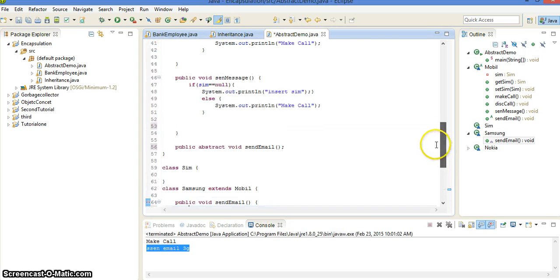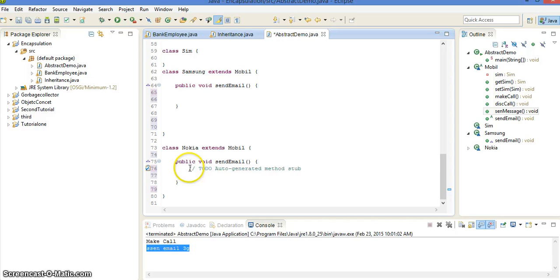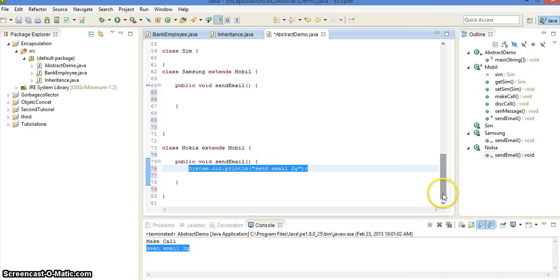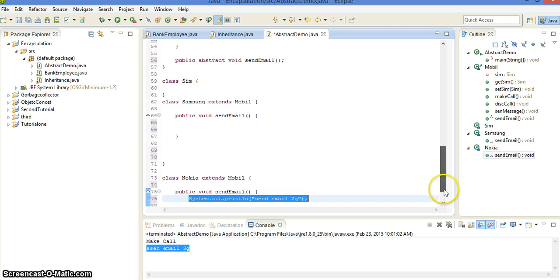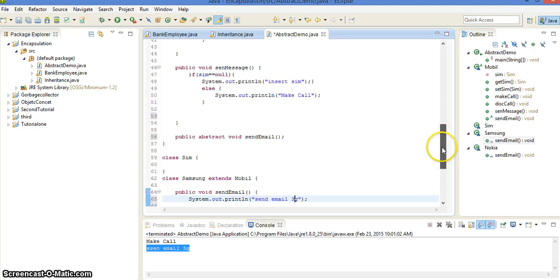Okay, and suppose I just want to copy and paste here, and send email 2G, and a different implementation for this one also. Oops, okay, no problem. 3G. Okay, so you see